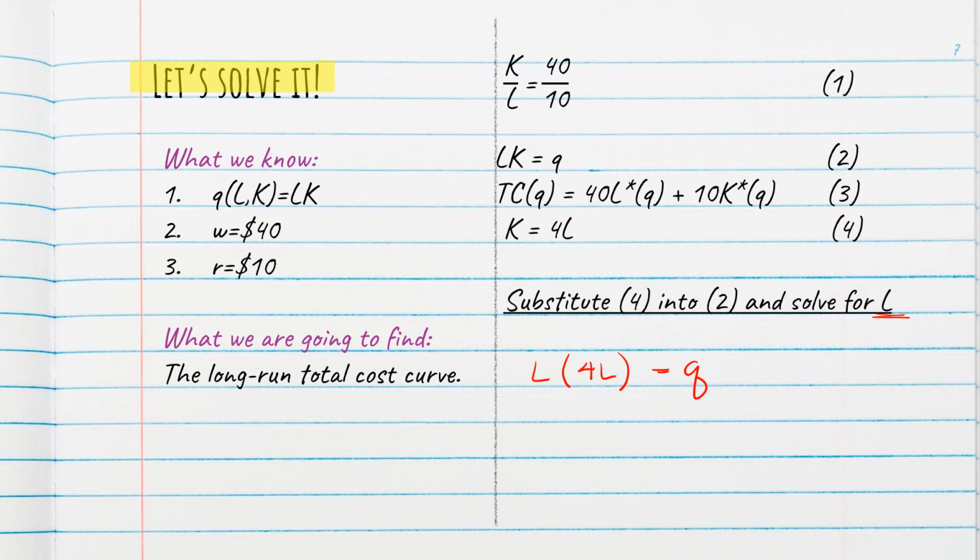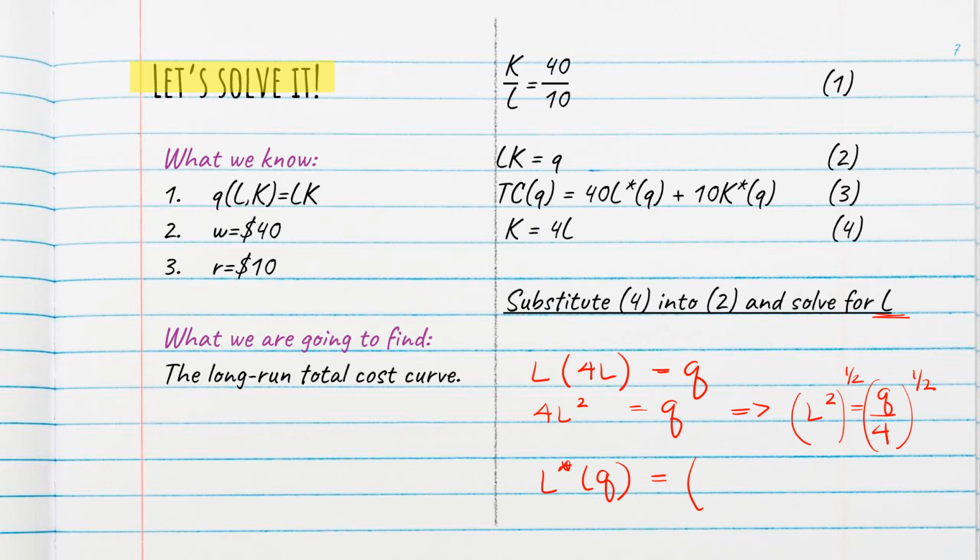So I'm going to rewrite this as 4L squared is equal to Q. I divide both sides by 4, and I get that L squared is equal to Q divided by 4. I want to solve for L, so I have to raise both sides of this equation to the 1/2 power. By doing that, I find my final answer that L star, which depends on Q, is equal to